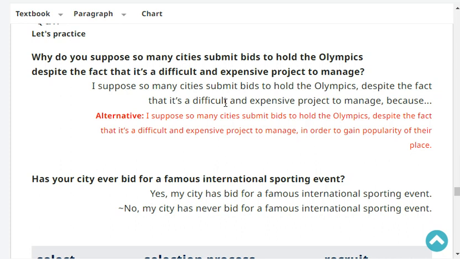I suppose so many cities submit bids to hold the Olympics, despite the fact that it's a difficult and expensive project to manage, because